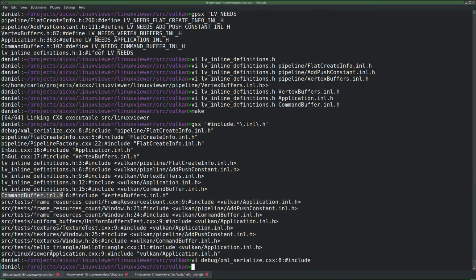And here's an interesting one, an inline that includes an inline. Okay, I think I'll leave these untouched, this too. And then that's interesting to look at. And the rest should be changed to include this instead.